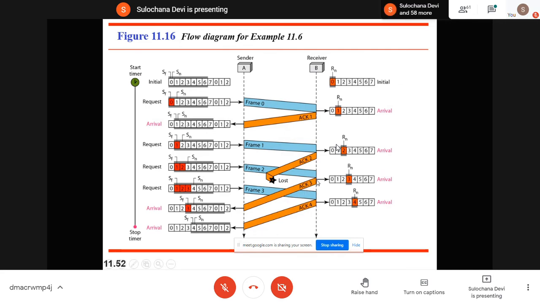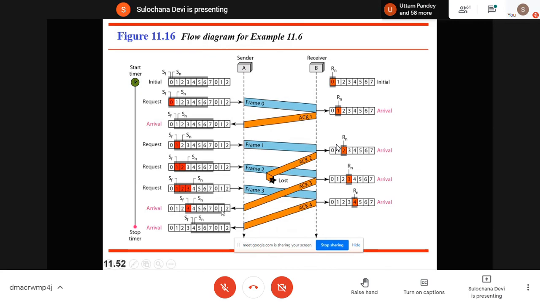So when this acknowledgement was sent here, it is received here. Before this acknowledgement was received, frame number 3 was also transmitted. So when we received ACK3, it means the acknowledgement is cumulative for frames number 1 and 2. Automatically this SF is now pointing to 3, and the window is slid by 2 points here. Initially it was from 1 to 7, now it is from 3 to 1.